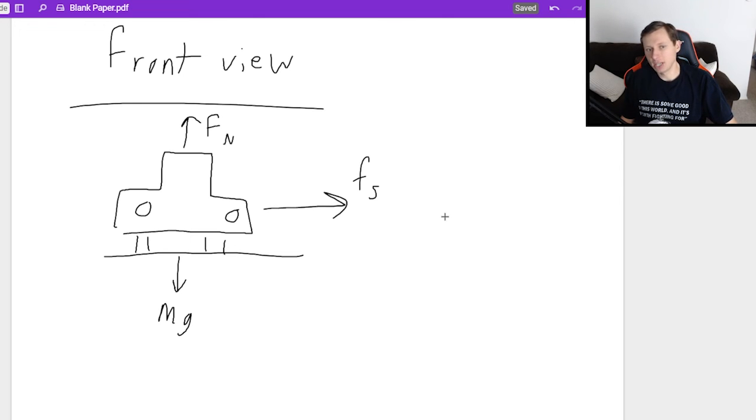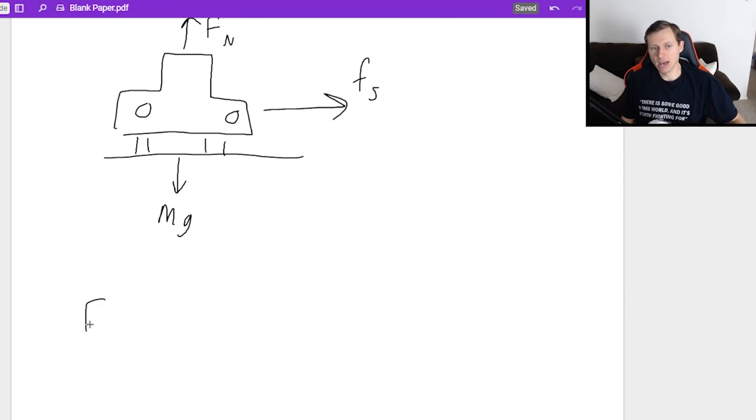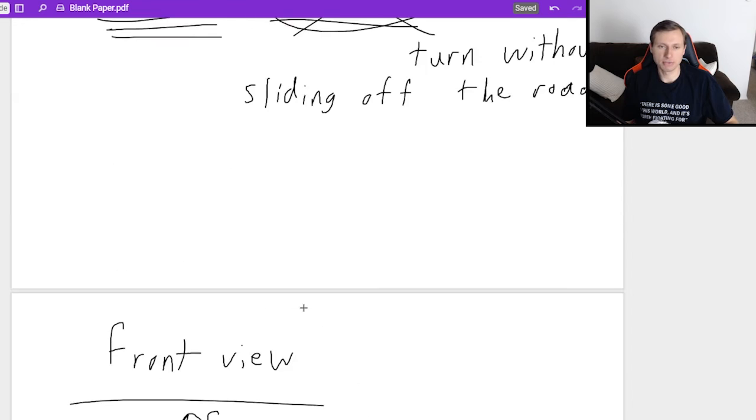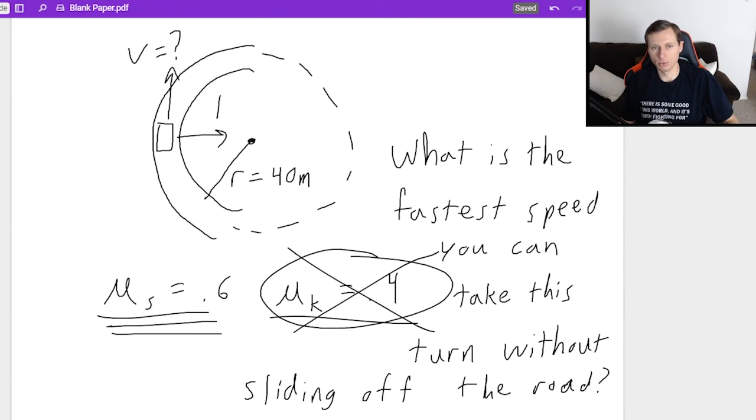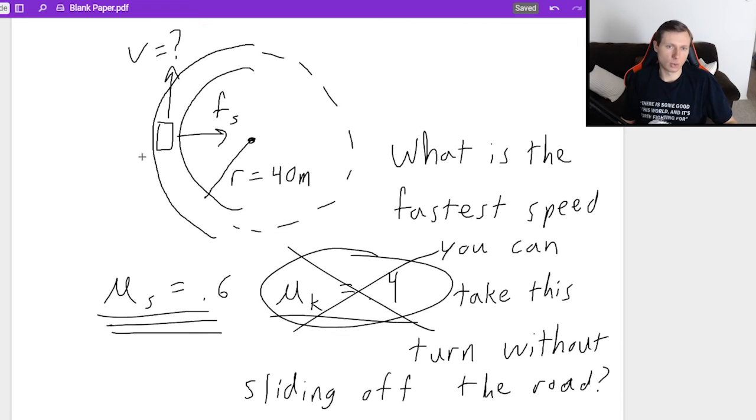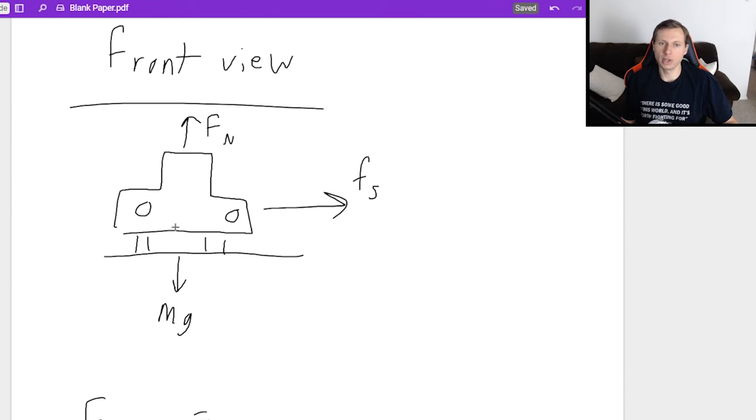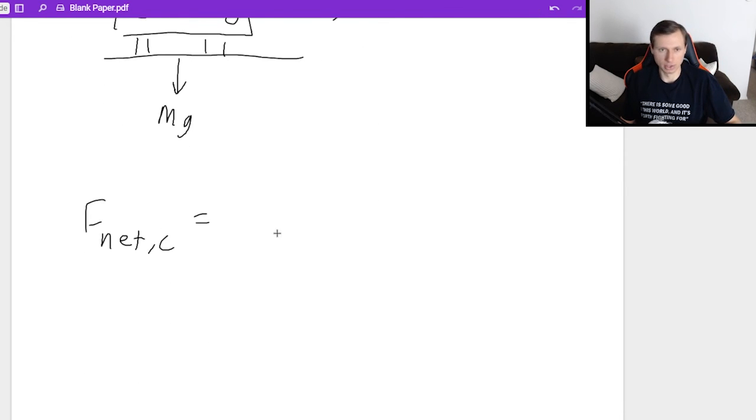And now if I want to set up my equation, I would say F net, C for centripetal, is all the forces pointing towards the center of the circle, which if I go back to my diagram, there's only one force, Fs. There's no force pointing out. Gravity and normal force don't point in or out. They actually point in the y direction, which is a separate equation entirely, just like the first example with the Ferris wheel. So the only thing I have in F net C is Fs, the static friction, and that equals